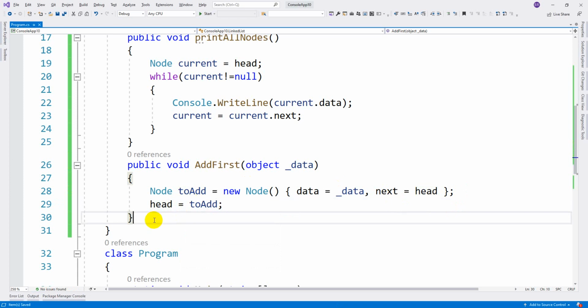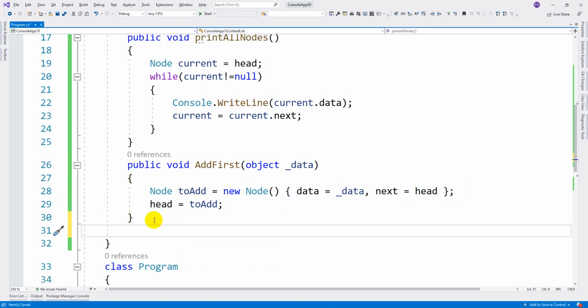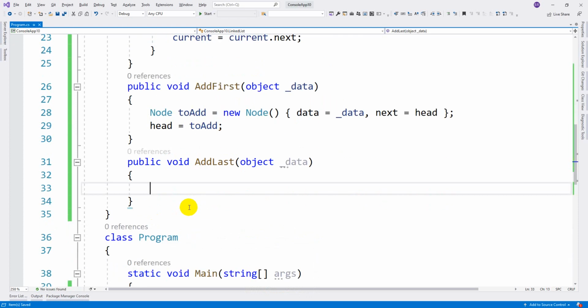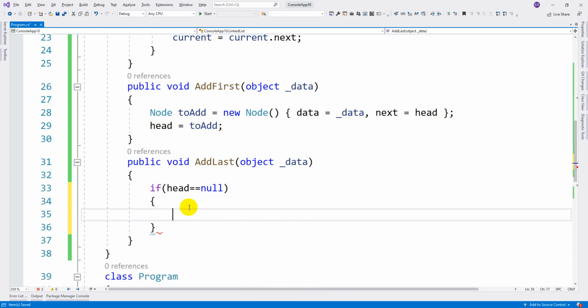Now let us implement the function add last also. You can use any one, that is fine, but add last also needs to be implemented. So public void add last. For add last also we need to insert the data. So this is a bit bigger one, because we need to check whether head is empty or not. So if head equal to null, there are no elements, I mean to say. Then head equal to new node, then we are initializing, that is the initial node.